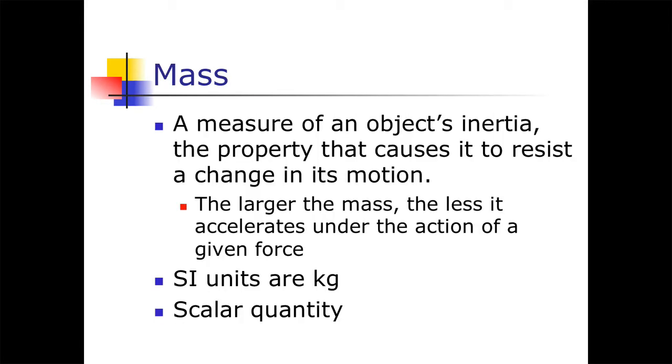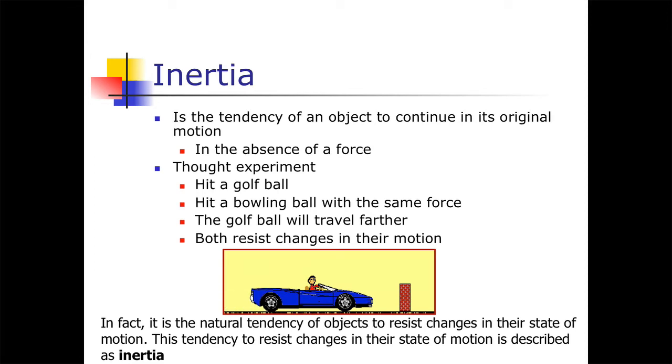So you may say, if mass is the measure of inertia, then what is inertia? Inertia means, if you look at this animation, when the car comes to a sudden stop, or if you are in a car and all of a sudden the driver slams the brake, what happens to you? You move forward, right? You lean forward. That's because of inertia. Inertia means the tendency of an object to stay in its state of motion.